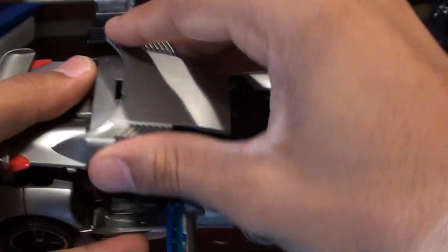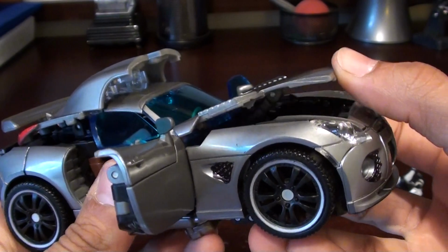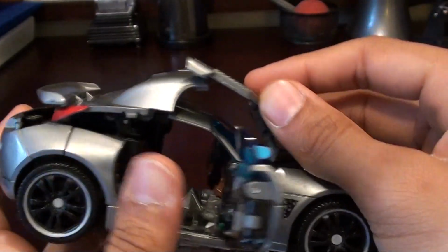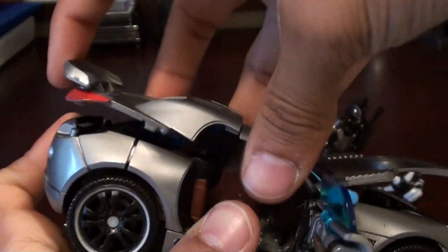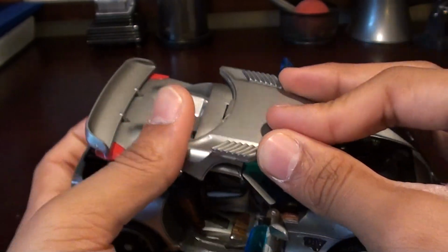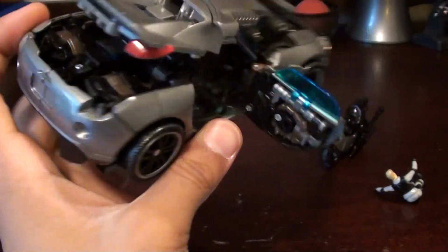Another cool thing I thought, it'd be kind of cool if the hood of this car actually opened like this, like if it would open up like that and then slide back. I thought that was kind of funny to talk about. Same thing with the trunk. A cool way for the trunk to open would be to open it like that, and then it would slide forward. I thought that was kind of a cool concept. I don't know what I'm talking about. Put the hood on top of the trunk like that, and then you can only see robot bits in there,